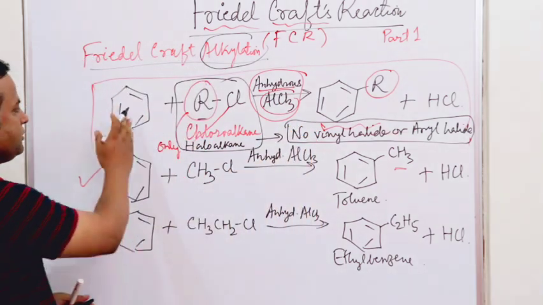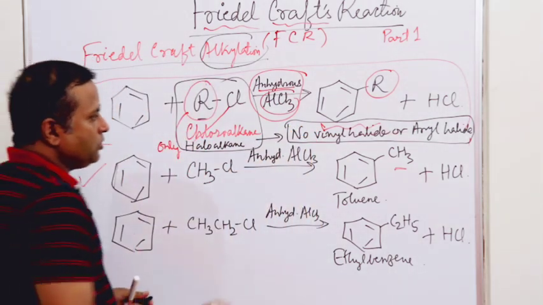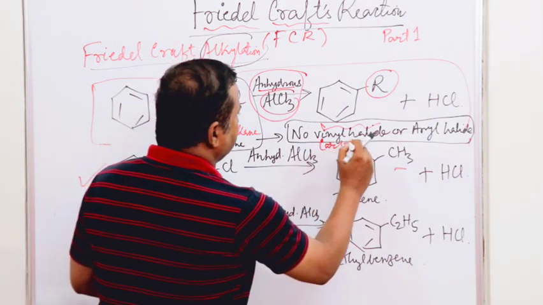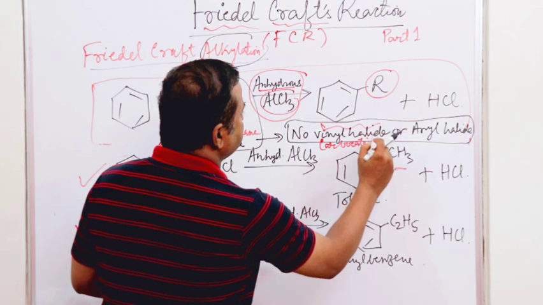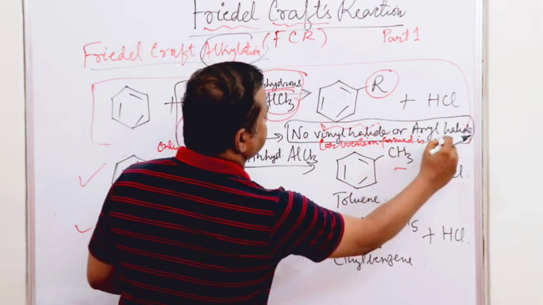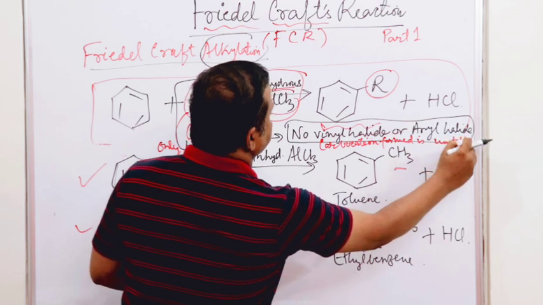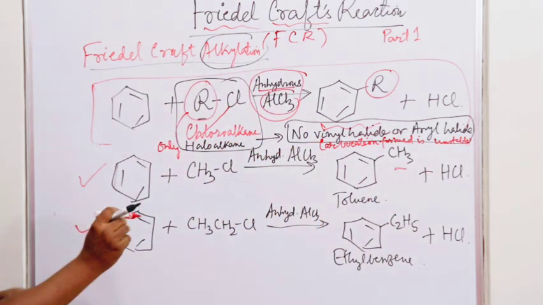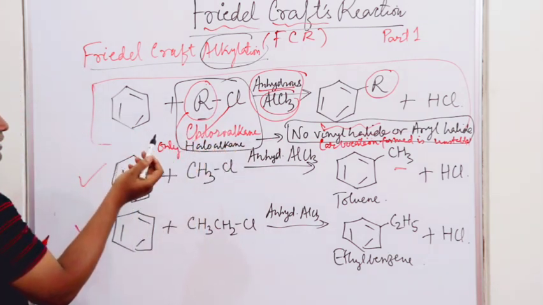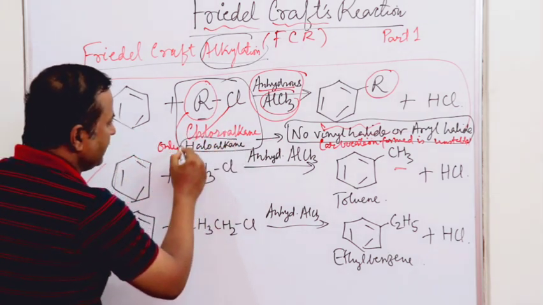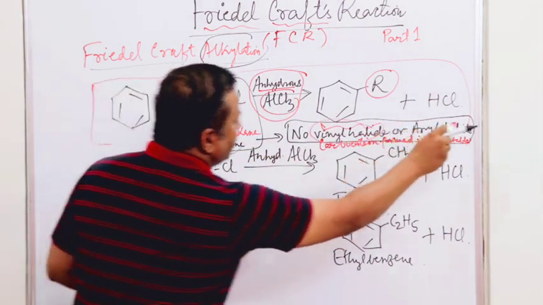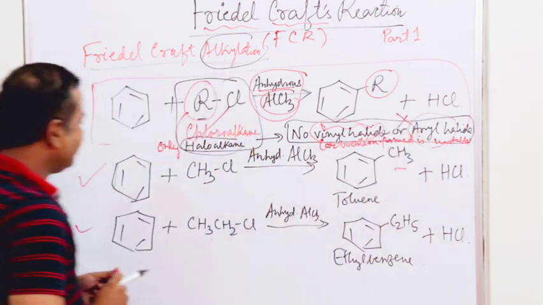This will not react with benzene because the carbocation that will be formed is unstable. Okay, so this is one limitation. The limitation is that whenever we are carrying out Friedel-Crafts alkylation, we have to take only haloalkane. We cannot take vinyl halide or aryl halide. Second thing,